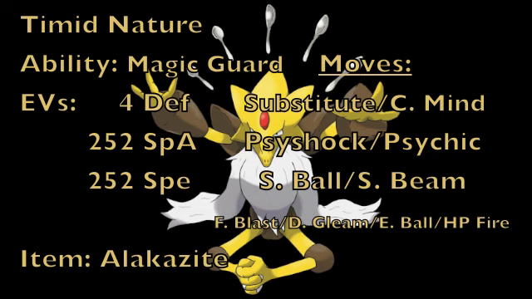Dazzling Gleam is also a really nice way to help you deal with dark types, as this allows you to hit them super effectively, as well as also hitting dragon types super effectively, which is something that Alakazam did not have a reliable way of doing prior to Gen 6 outside of Hidden Power Ice. And because there are so many dragon types you're going to be running into, this is a really nice move